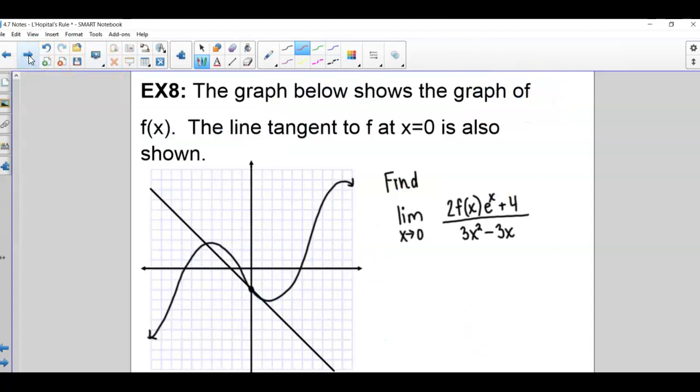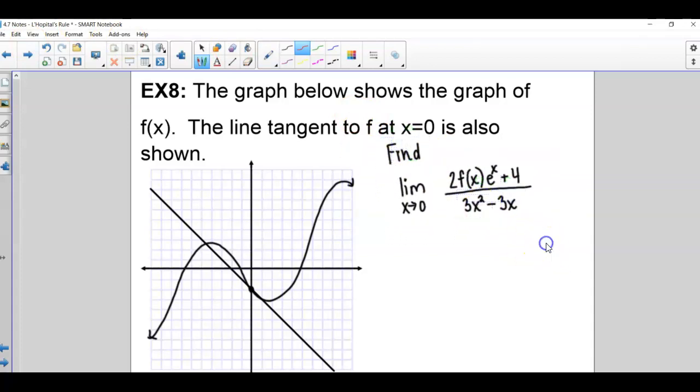So AP exam loves to give questions like this, where you've got no choice but to use L'Hopital. Plus, they love to give problems where you've got to look at a graph or a table to find some of the stuff that they are asking for, and it's very theoretical because you got to know how to take this derivative, even though you don't know exactly what this part right here of it is. So,